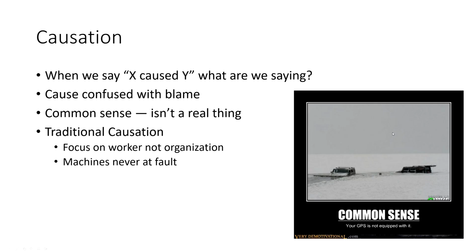And when we look at causation, especially if you go back to previous instances of human error and the belief of how humans perform, we get a lot of focus on the worker and less on the organization, especially in instances where machines are never at fault. And that largely stems from the construct of agency, right? It feels weird to attribute a cause to a machine that has no agency and couldn't decide. But it's also important to separate cause from intention and agency and all that.